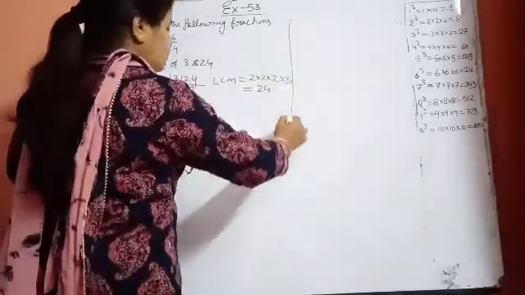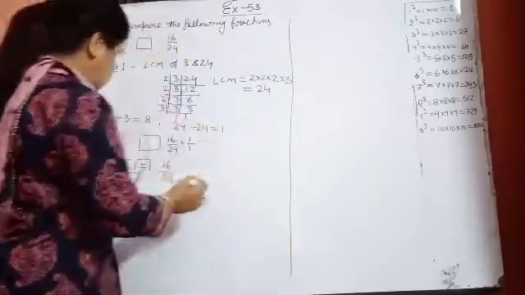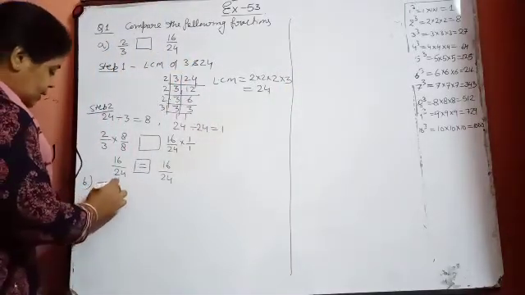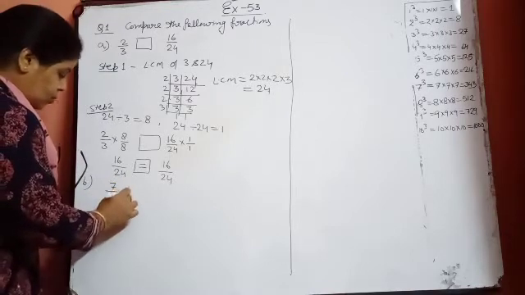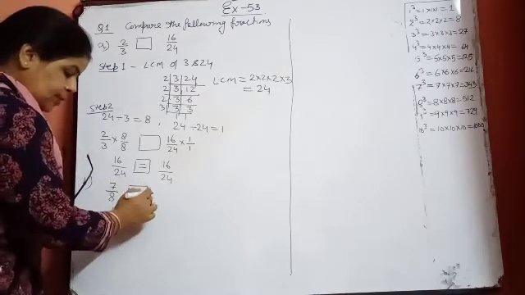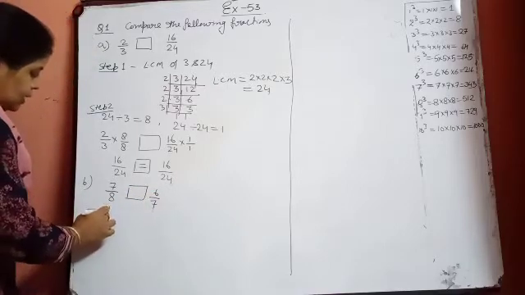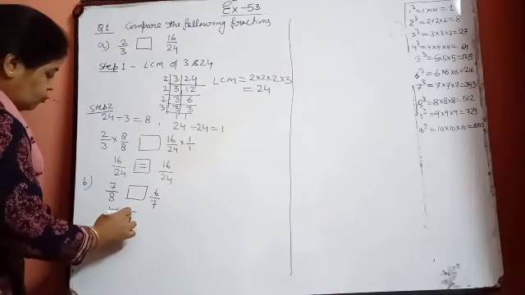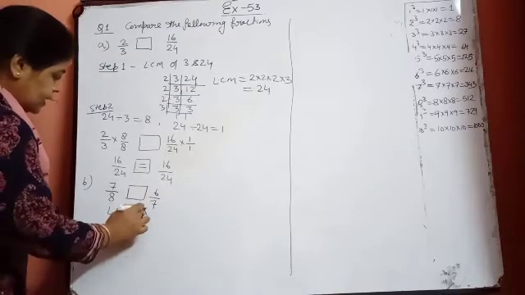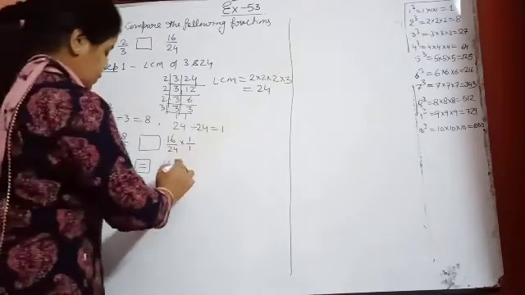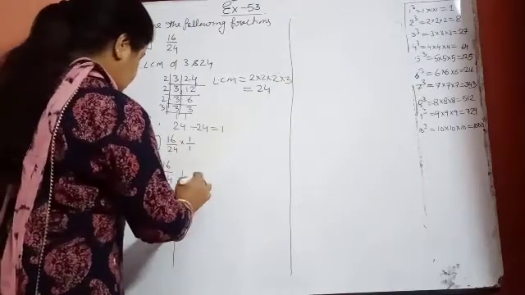One more part, B part of this question, I am going to do. See here on the blackboard again. 7 upon 8, box, 6 upon 7. What did I tell you? Take LCM of which numbers? 8 and 7. See that LCM. Okay. LCM every one of you is able to take.